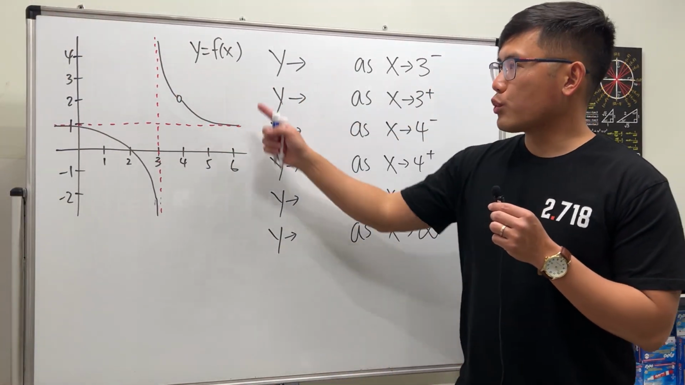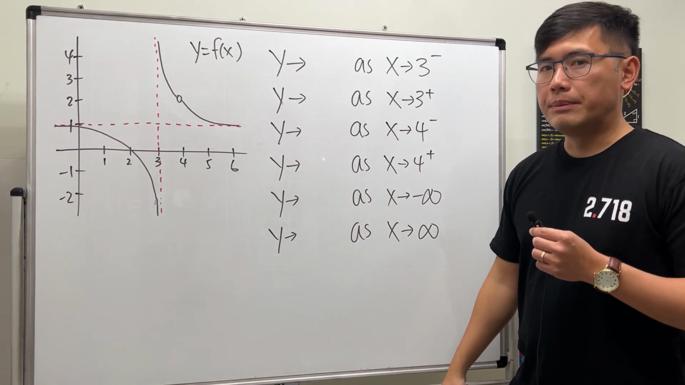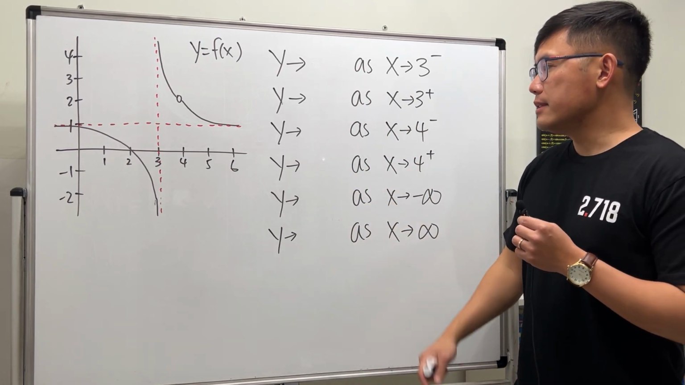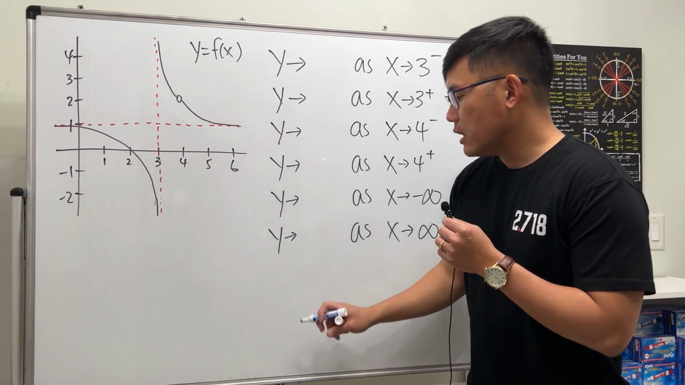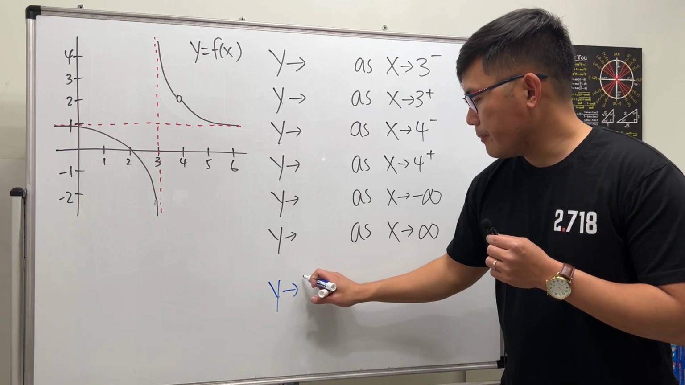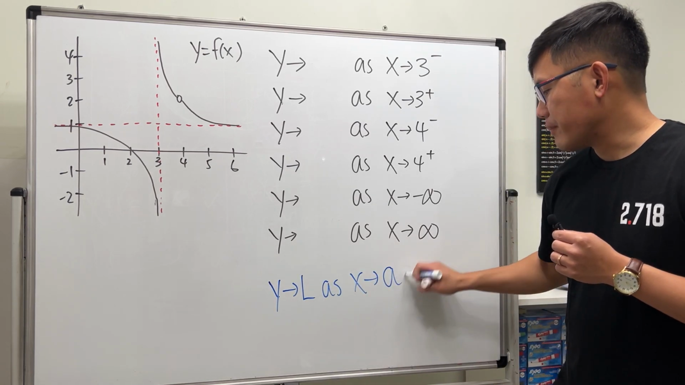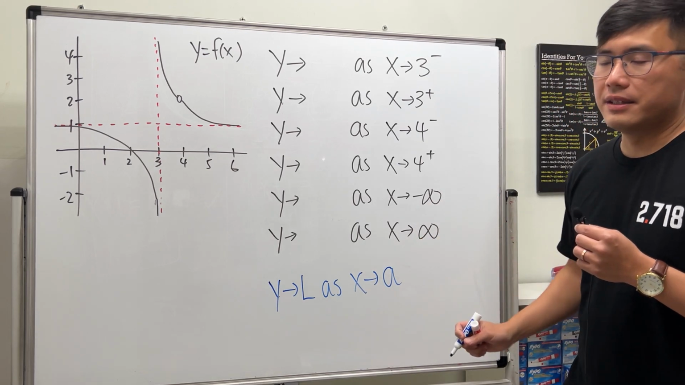Okay, here we are given the graph for f of x, and we are going to answer these questions. And these are pretty much the limit questions. For now, we'll be using these notations, and later on we'll see that we can write the following. If you have y approaching some number L as x goes to some a value or infinity like this,